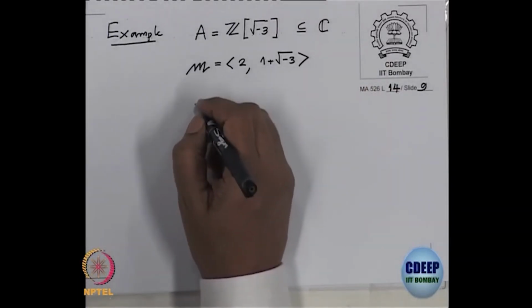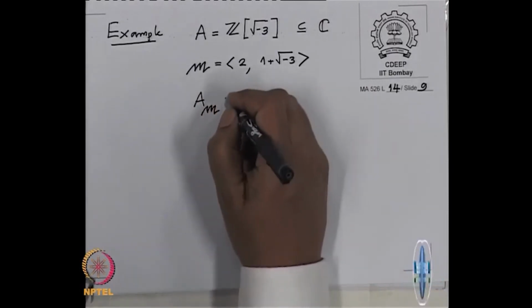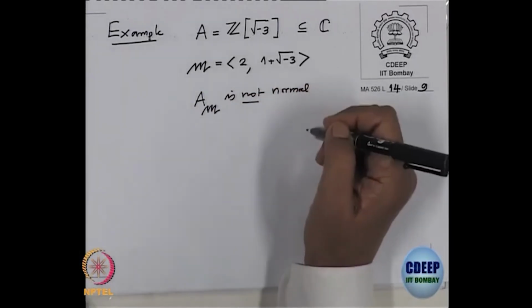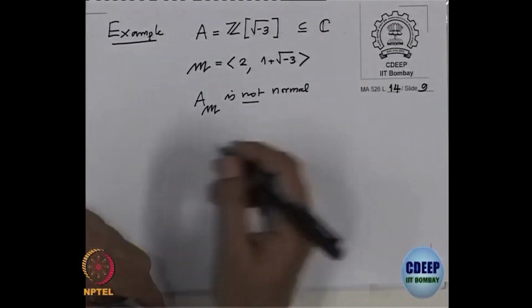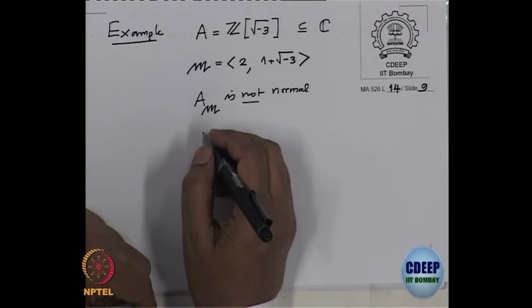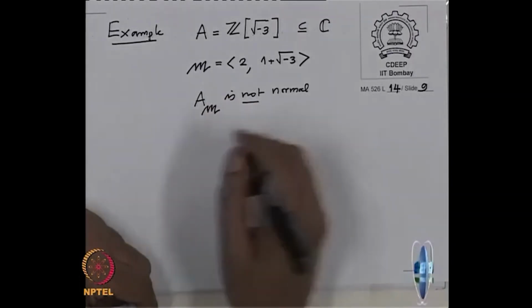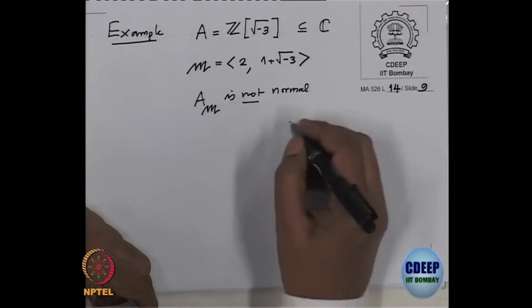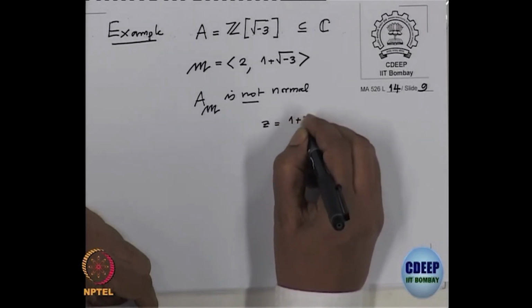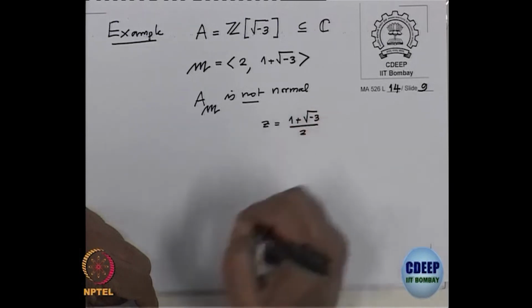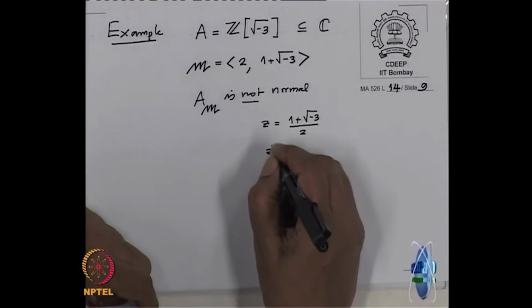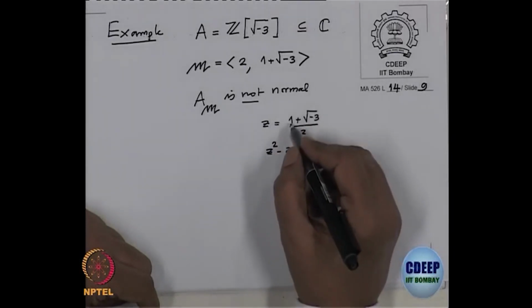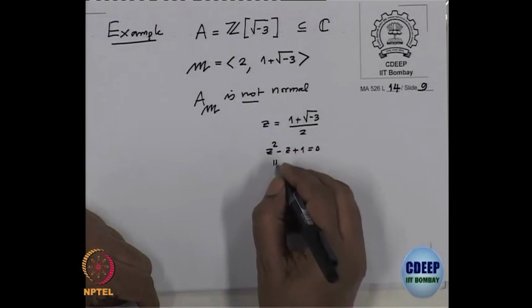So, when I now localize A at M, this is not normal. It is not integrally closed, because I will give an element which is integral over this, but it is not there. So, first of all, let us take z equal to 1 plus root minus 3 divided by 2. This element will satisfy a polynomial like this, z square minus z plus 1 is 0. That you can check very easily, because when you square this, 1 square is 1,